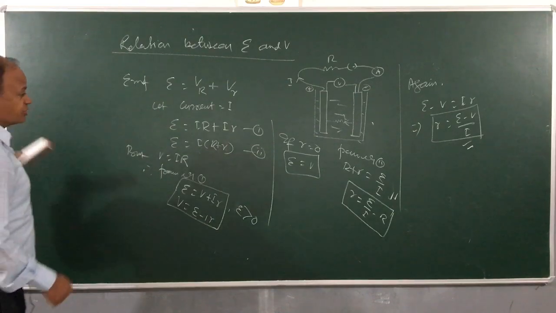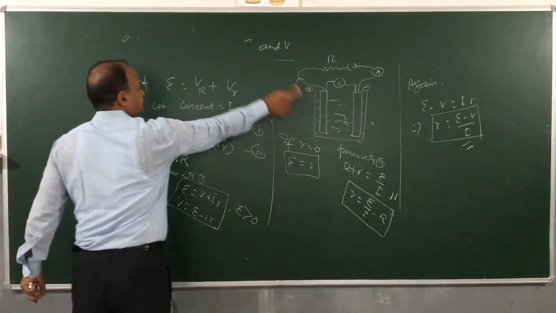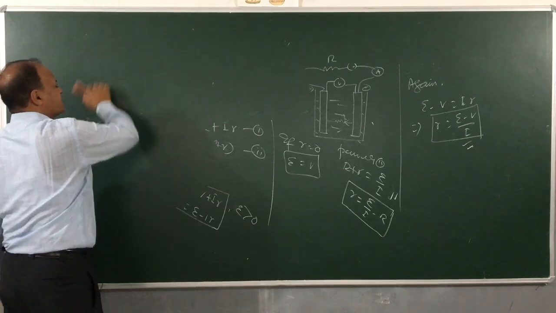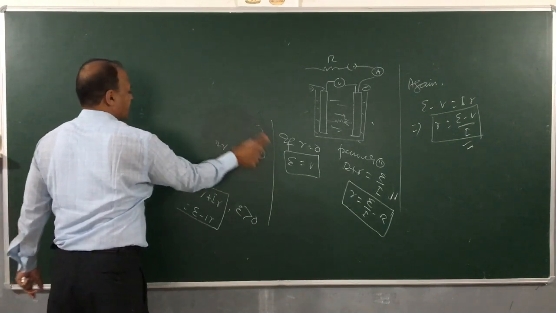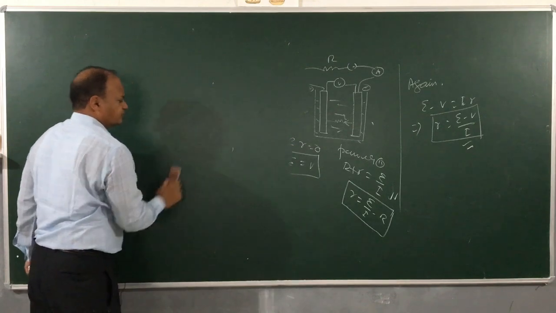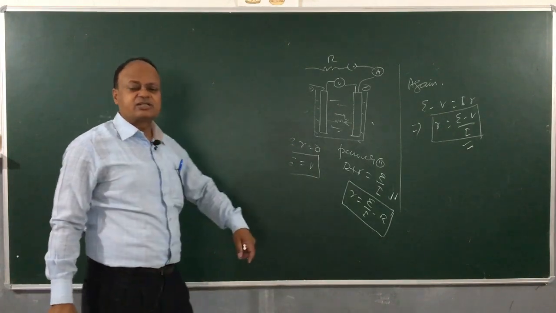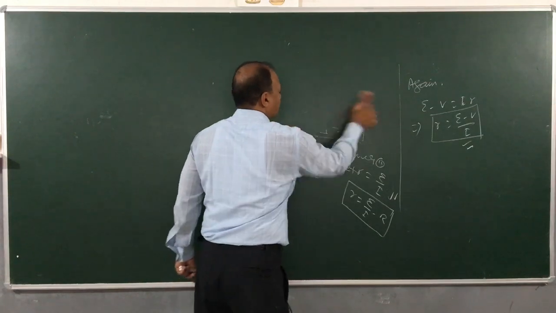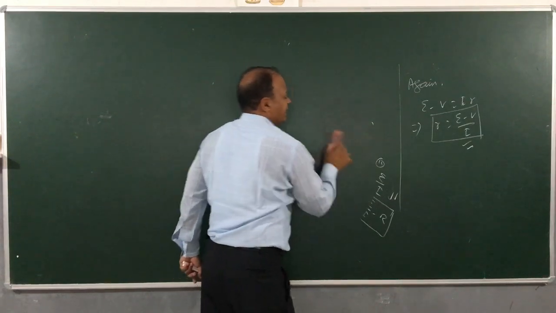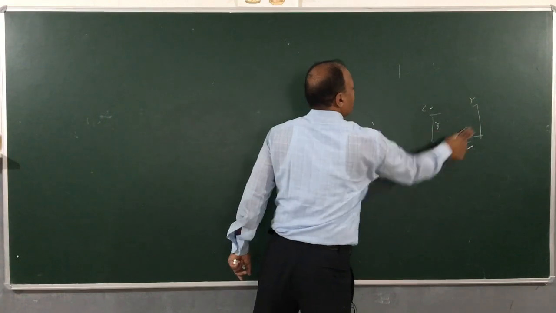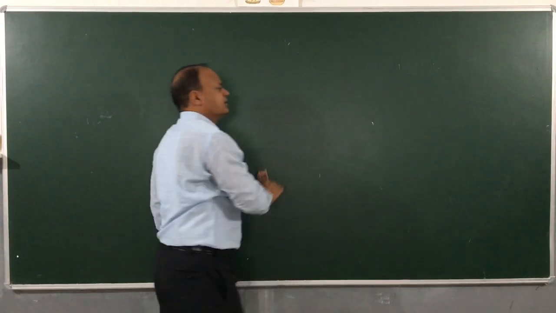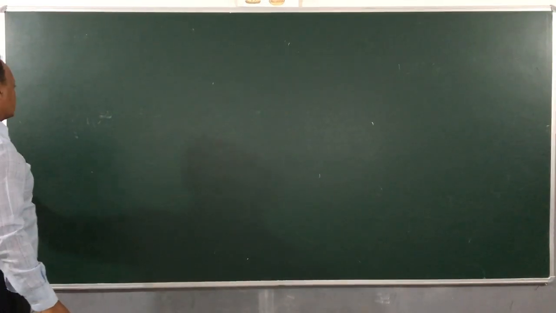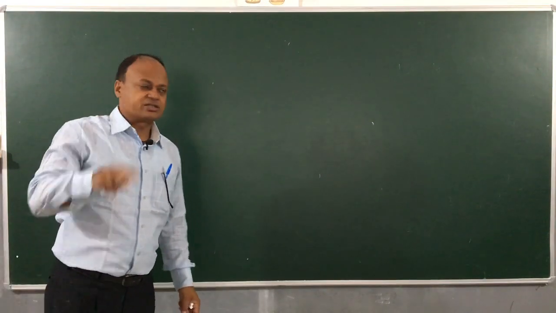Now we come on to the next topic, combination of cells. You see, one cell is not enough, and as you know already, a combination of many cells is called what? A battery. Yes, a combination of many cells is called a battery. So we will be seeing what will happen when you combine many cells together, and cells can be combined in how many ways? Two ways.